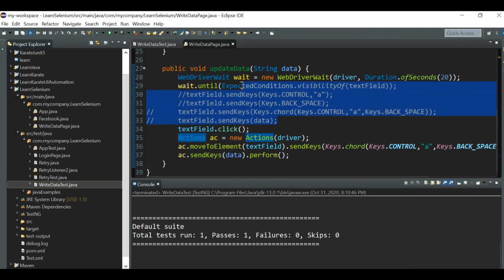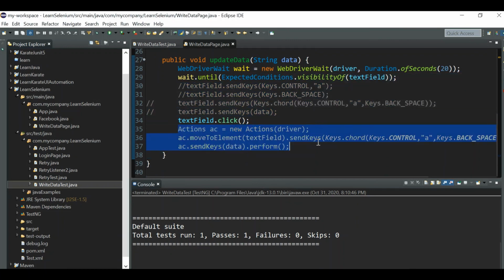If none of these works out, you can go with the Actions method. In my applications, I'm using this method because with some of the fields the other way of writing will not work, since we have to move to that element to get the focus of the element. So you have to go with the Actions class only in that case. Anyway, one of these three methods should work out for you guys.